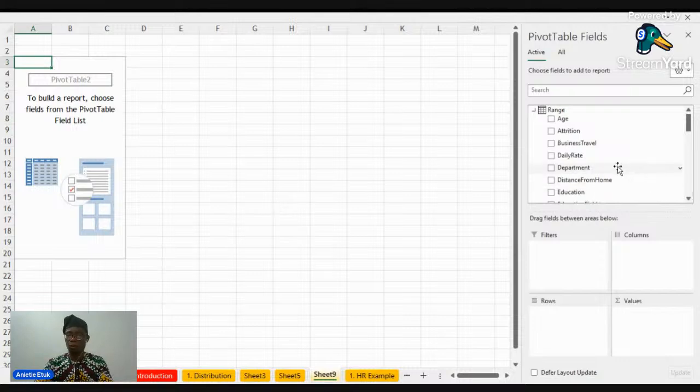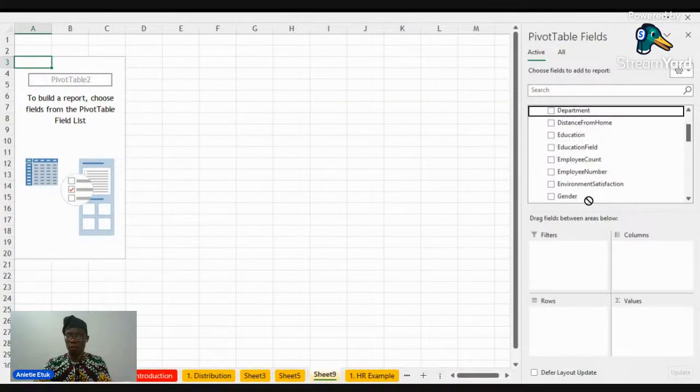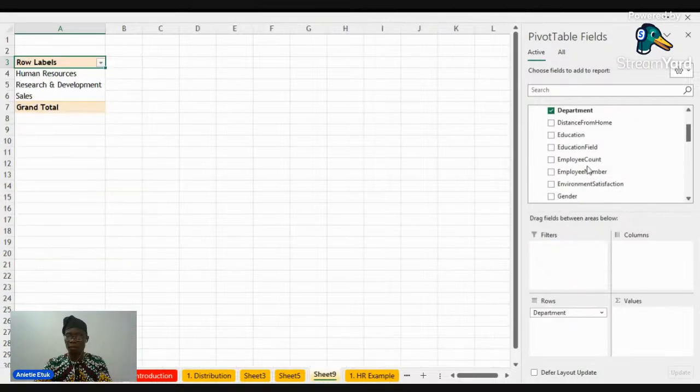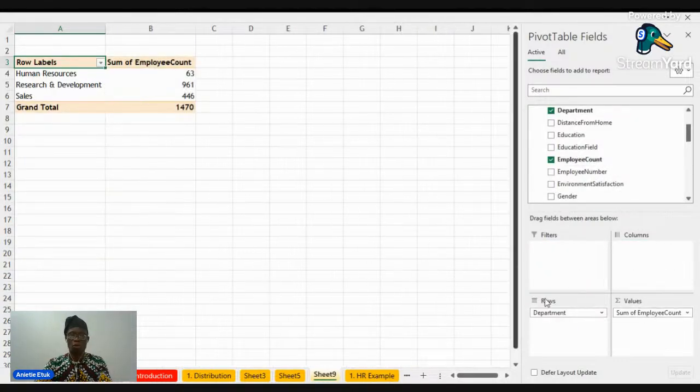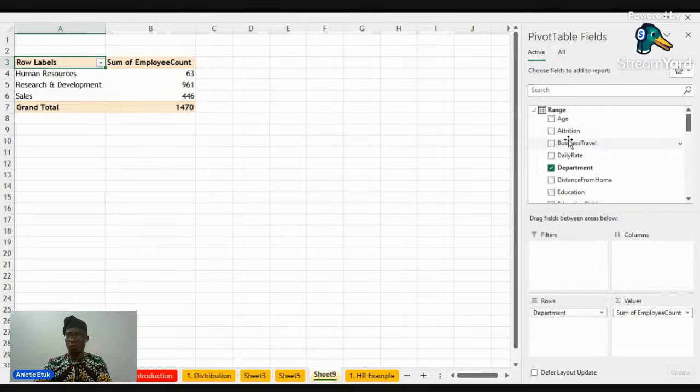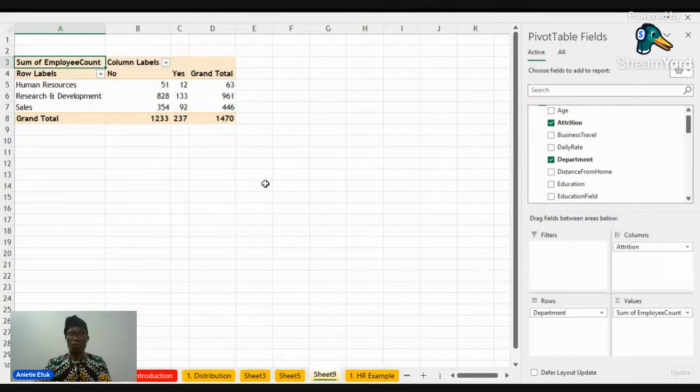Now, when we create this pivot table, we want to check attrition by department. So if we bring in departments here, and we bring the employee count, we have this. And then if we bring the attrition, okay, for those that are joining us for the first time, attrition means the number of people that leave a business for any reason. When attrition is yes, it means the persons have left. Attrition is no, means the persons are still working. And they want a report on this particular data.